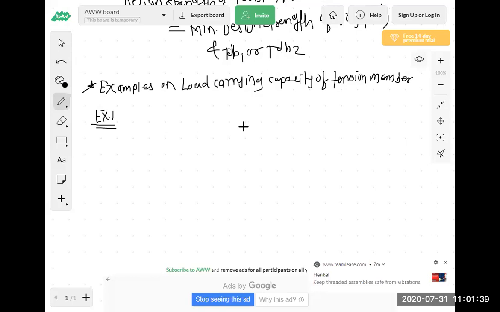Okay. So first example on the load carrying capacity. So write down everyone. Example number 1. Two plates